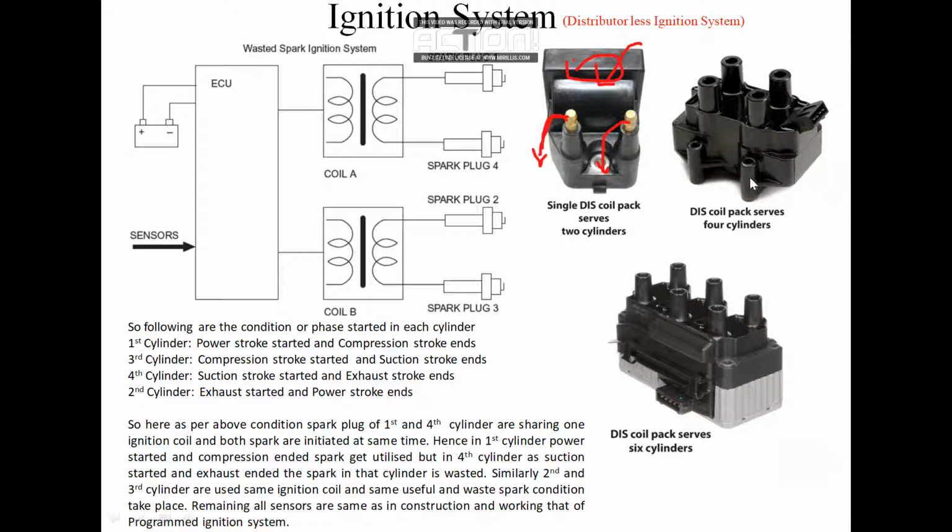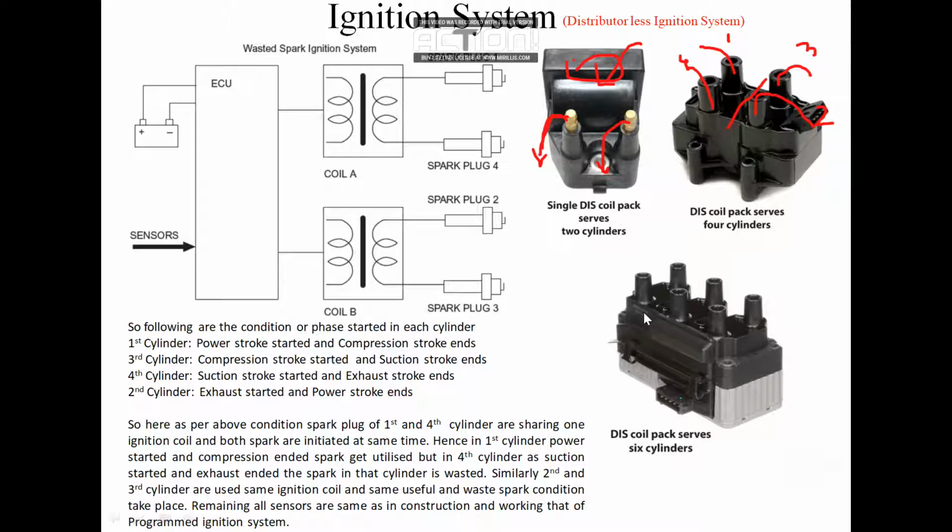Okay, this is an ignition coil for the four cylinder engine. It is split into two portions here. This side is one ignition coil, and on this side you have the second ignition coil, and these are the high tension wires coming out here. Most probably this will be for the first cylinder, this for the fourth cylinder, this is for the third cylinder, and this will be for the second cylinder.